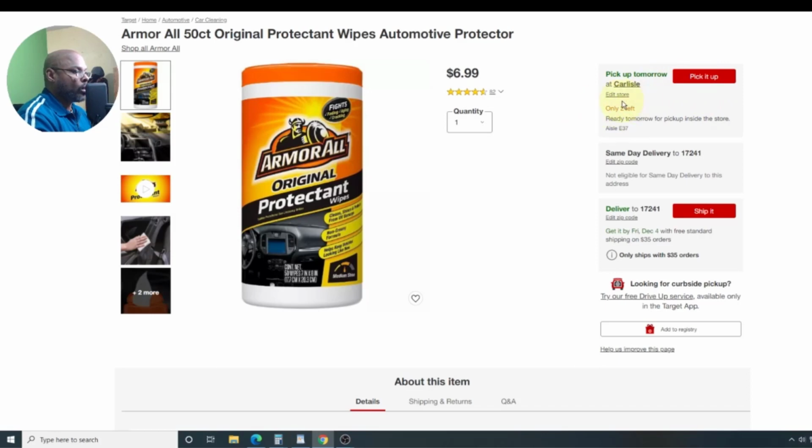Now, I probably wouldn't go there. You can see I'm near Carlisle, Pennsylvania, but there's only 2 left, so I probably wouldn't do that. But I'll go ahead and have it shipped, and Target is very fast. I can tell you they're typically accurate. So they're not the best with fragile, so just a note. But